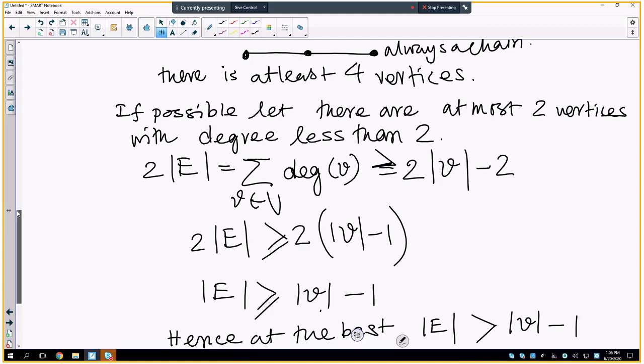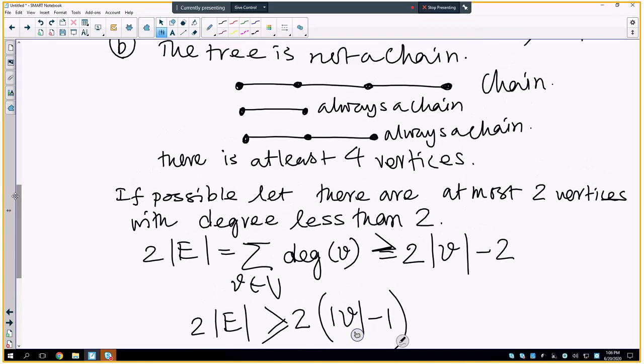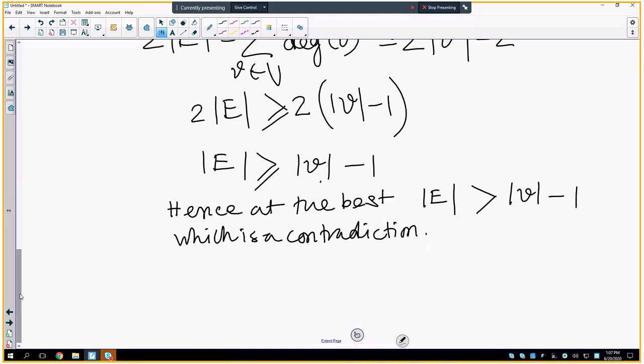But because you are not a chain, remember you are not a chain. What do I mean by not being a chain? You have this chain situation where the terminal vertex is already of degree 1, but the intermediate vertices are all of degree 2. So if all the intermediate vertices are of degree 2, then you get a chain situation. But it is not a chain, so you must have at least 1 vertex with degree more than 2. So I'm going to use that fact now. So we'll say, hence at the base, order of the edge set must be strictly greater than order of V minus 1, which is a contradiction, as being